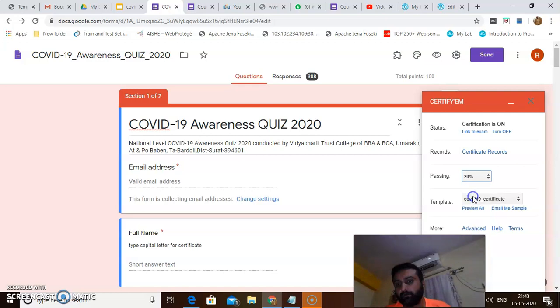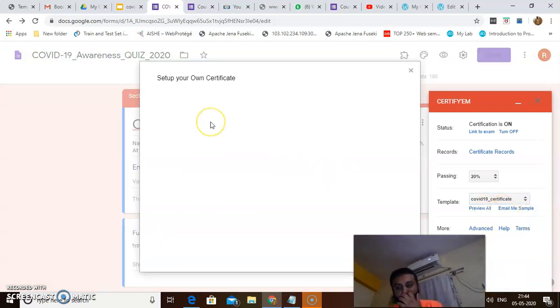My milestone is 20 percent. If a student gets that, then he or she can get the certificate. Here is my built-in template, and here is my custom template.